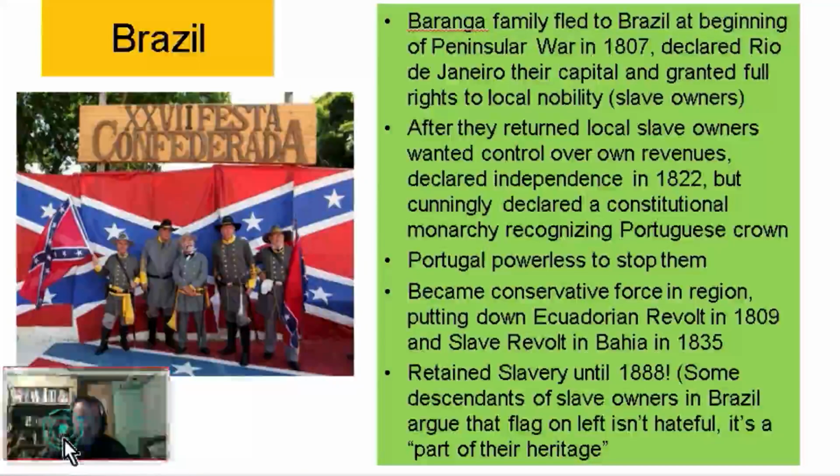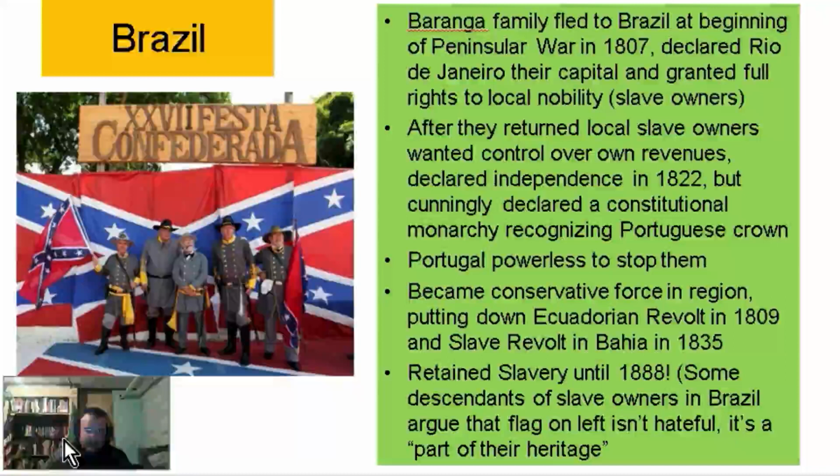So I hope the flag in this picture shocks you. It's a picture from 2012 of self-identifying Brazilian Confederates who are celebrating their heritage as descendants of Confederate landowners who fled to Brazil in 1865 after the Union victory in the American Civil War. The Brazilian Republic at the time welcomed them as their government didn't abolish slavery until later in 1888. By the way, Brazilians get as annoyed by this flag as Americans do, though it's also had its defenders